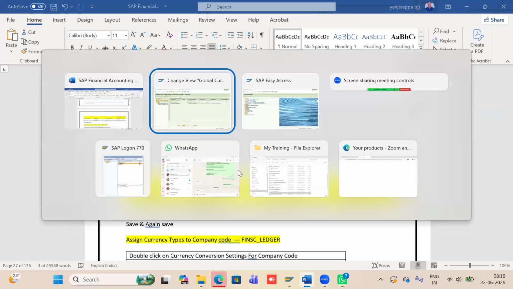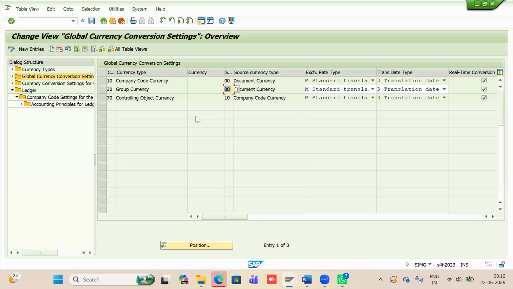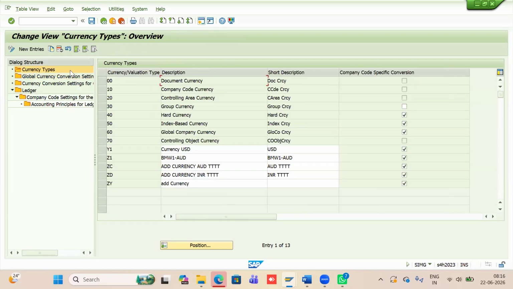So we can define our own currency types here. Apart from these seven standard SAP delivered, we can define our own customer freely defined currencies. Here, currency, it is a two digits alphanumeric description, start description, whether it is a company code specific